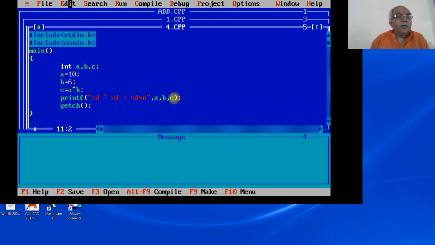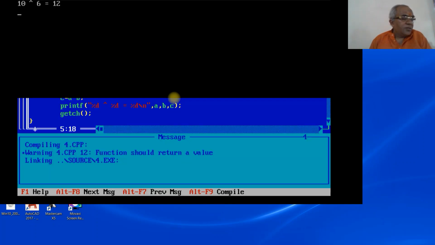Here you need not write clrscr, but it is better if you want to run it a second time, then you need to have this. So 10 caret 6 will be equal to 12. So this is how the bitwise XOR works in your C program.